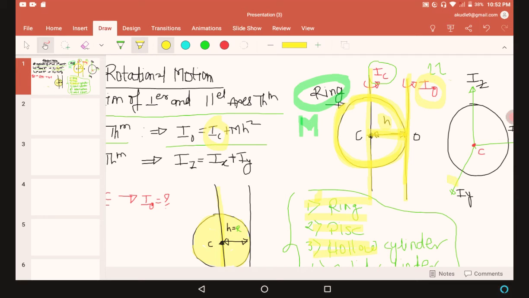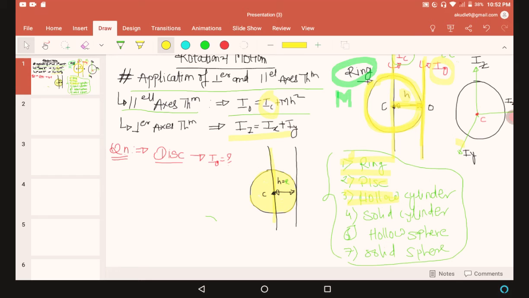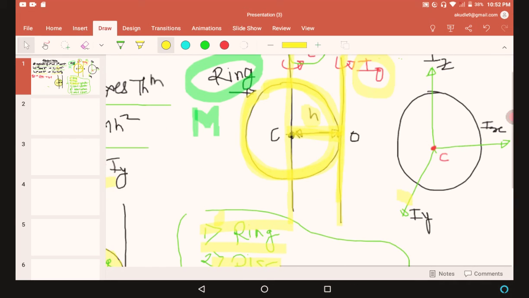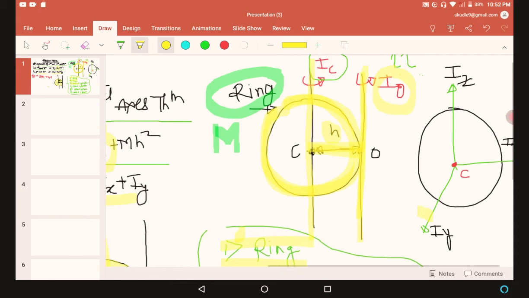Okay, so this is the parallel axis theorem. Now let's understand what we mean by the perpendicular axis theorem. The perpendicular axis theorem is given by Iz = Ix + Iy. Look at this figure here; we will clearly see what is